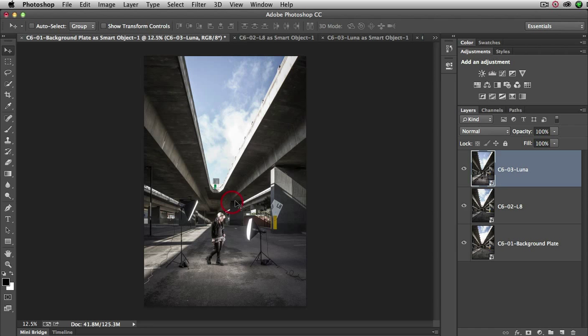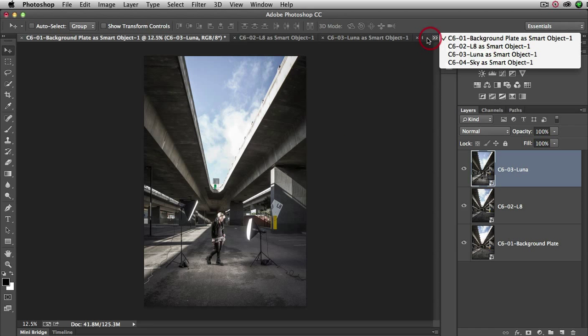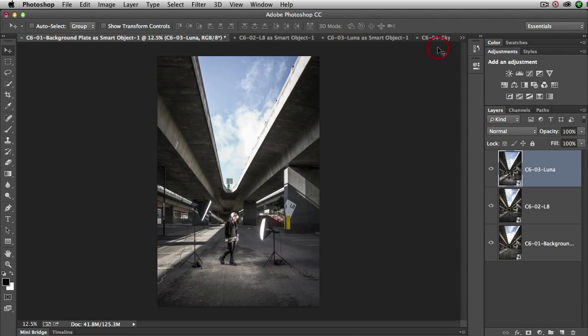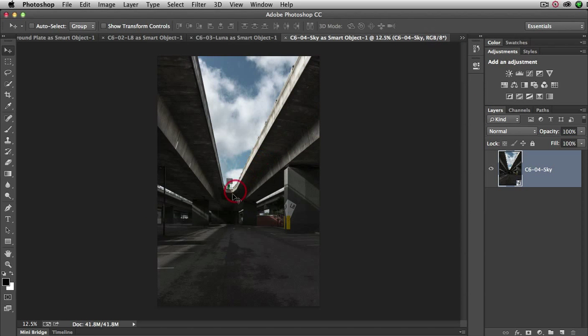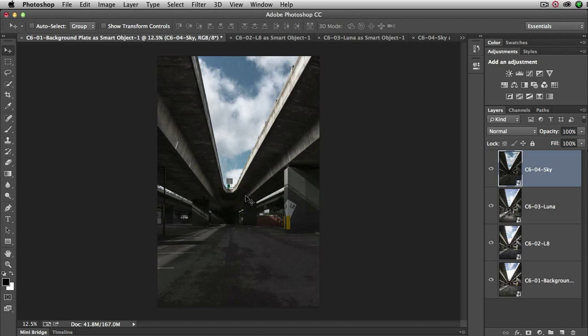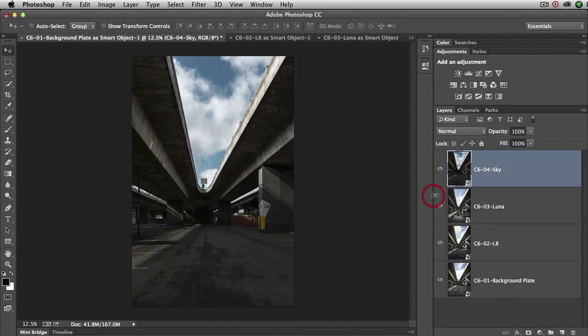file. And the final image here, it's the sky tab here, and we're just going to, again with the move tool, click and drag that onto the smart object background plate, and we've come down over to Luna here, so just hold down the shift key and let go. Okay, so now you can see our 4 layers, the sky, Luna, the L8 and the background plate, all in